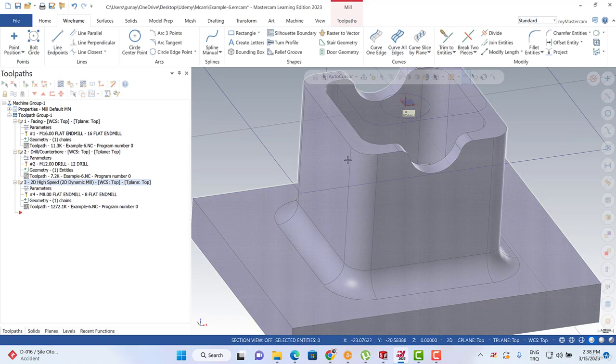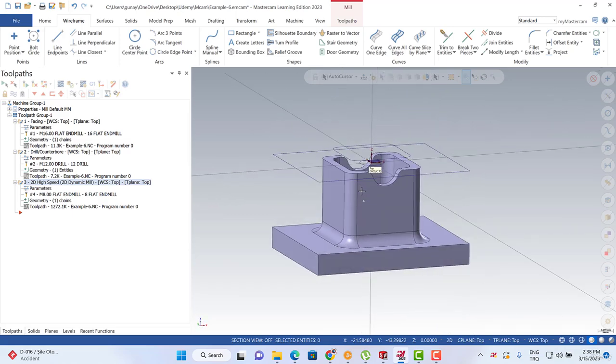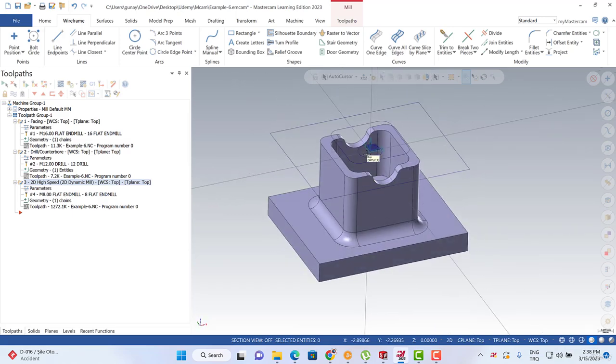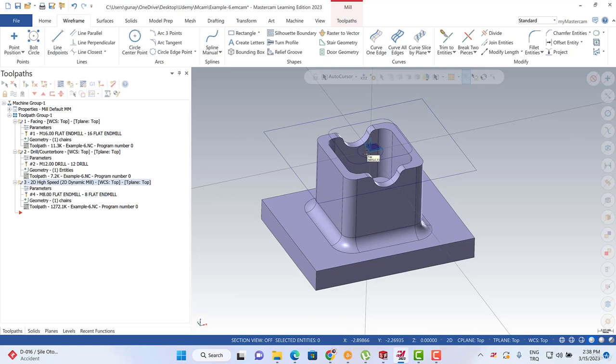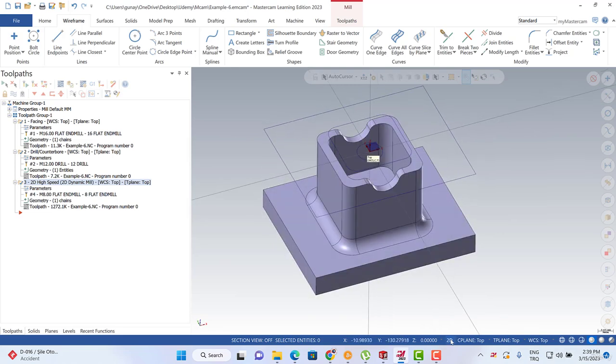So we can split our product like this, or we can create only one toolpath according to this contour, and then focus on our radius. Both of them are possible. Anyway, let's create this one. I'm going to turn back to the 2D and Z position,